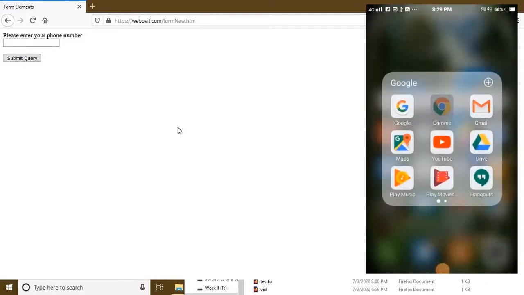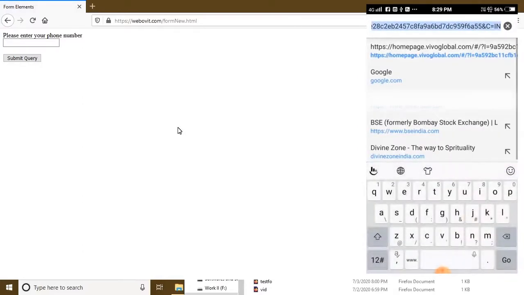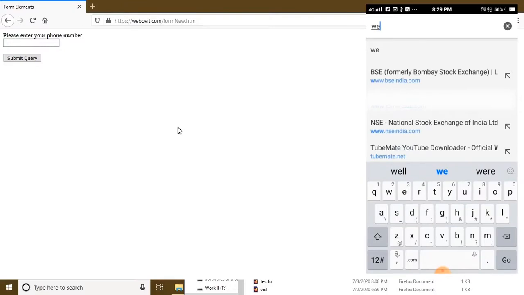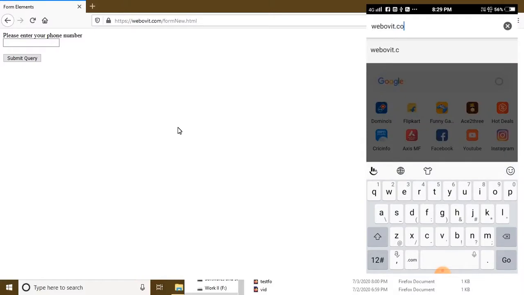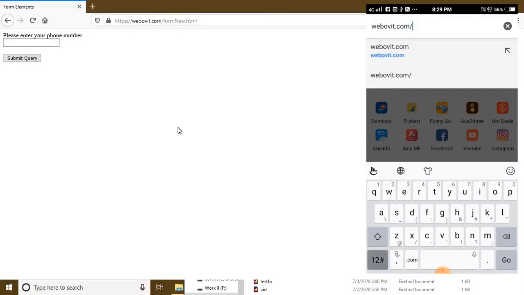I will input the same URL here, webovid.com, the file name, complete path. Okay. Now the same file is opened in the web browser.